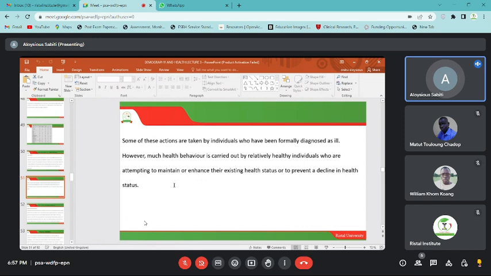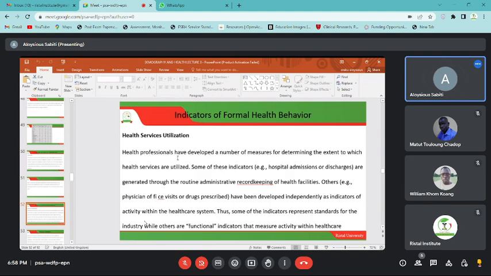Some of these actions are taken by individuals who have been formally diagnosed as ill. However, much health behavior is carried out by relatively healthy individuals who are attempting to maintain or enhance their existing health status or to prevent a decline in their health status. So now